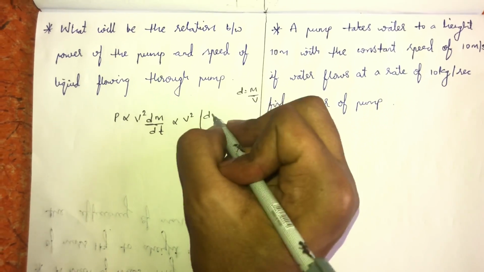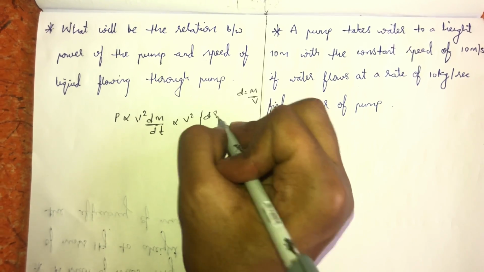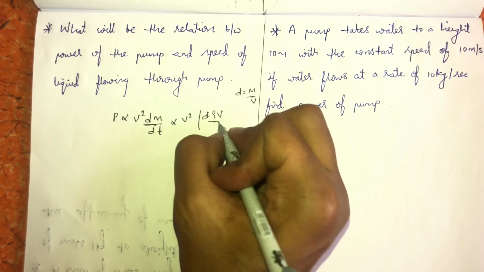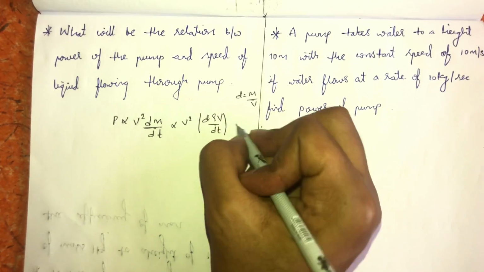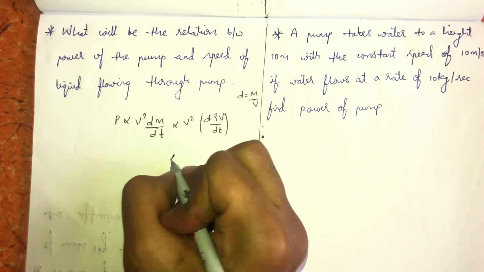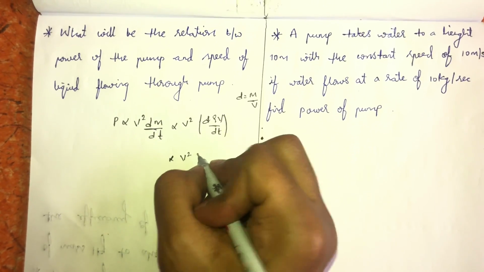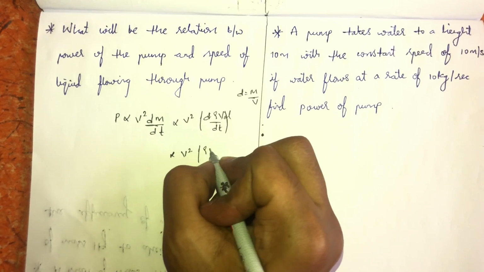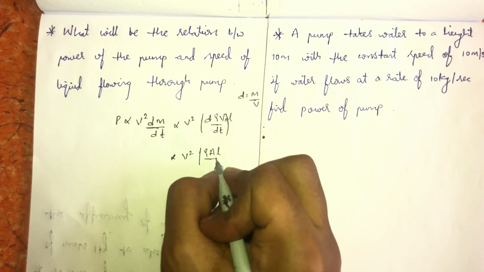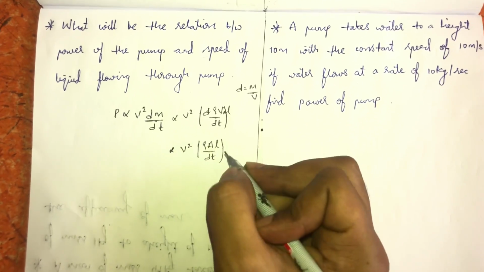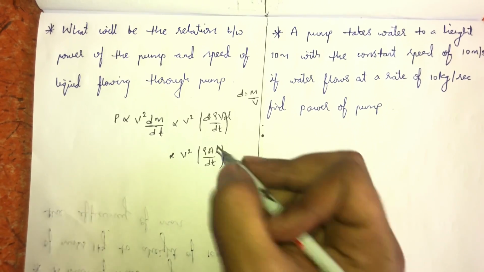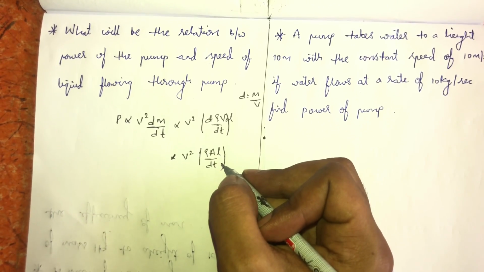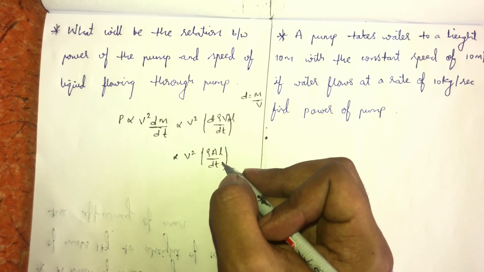So density into volume by dt, where volume can be written as area into length as per a pipe, then by dt, where length per time,